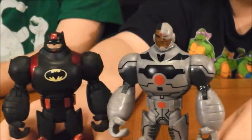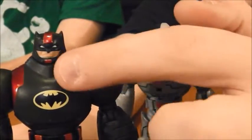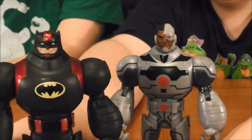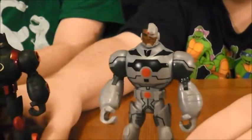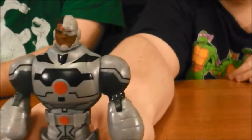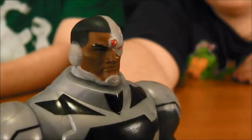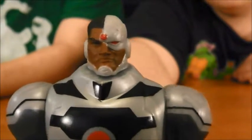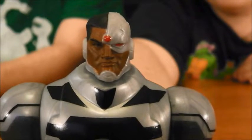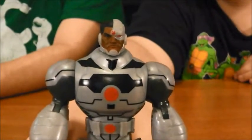Now, speaking of the sculpt, as we can see, Batman's head is really rather small here. That's just the effect of the armor. Having the giant neck covers up a lot of Batman's chin. As an after effect, I suppose, of this sort of element of the construction, Cyborg too has sort of a small head, but unlike Batman, maybe really shouldn't in this case. The head sculpt itself is actually super nice, and really way too nice to go with most of your Brave and the Bold figures. It's extremely detailed and really sort of hyper-realistic in a way, especially compared to the other figures in the line. However, it does suffer from a little bit of a pinhead syndrome, as it's sort of